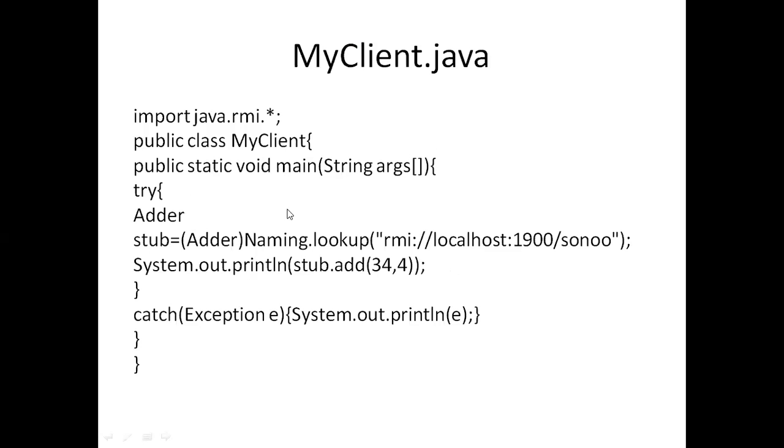Client will search for what? Search for a service. Now I am searching. So how do you search? By using a method called lookup. Client will look up a method called adder, where it will be looking at the location. Which location? At the localhost 900. If it is present, then that is returned here, and here I am passing the values 34 and 4. I will be getting the answer from the stub, that is 34 plus 4, 38.